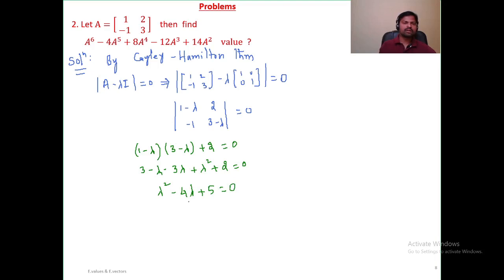How to know that this is right or wrong? Simply, what is the trace? Trace is 4, right? Look at 4. What is the determinant? 3 plus 2, 5. Look at this, the determinant is 5. Like that you can cross verify. Okay. Now this is the characteristic equation of the given matrix A. So by Cayley-Hamilton theorem, the square matrix A will satisfy its own characteristic equation. So therefore, by Cayley-Hamilton theorem,